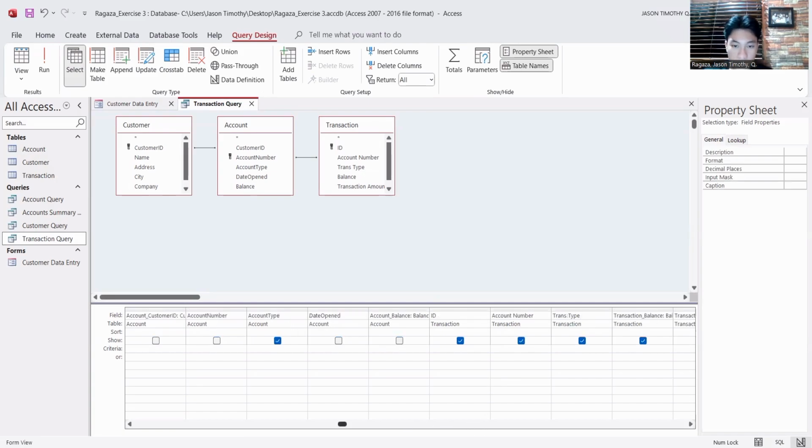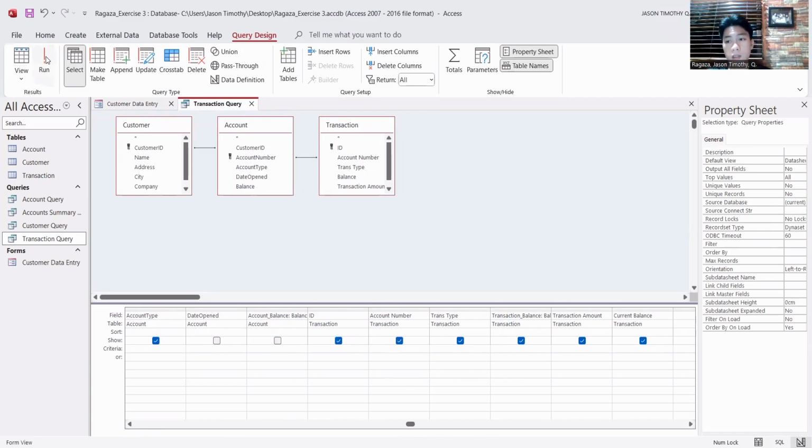So this is supposed to be 8. 1, 2, 3, 4, 5, 6, 7, 8. So let's click on the run.